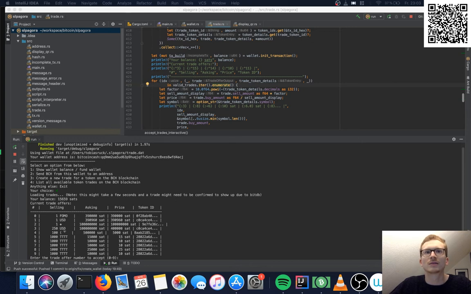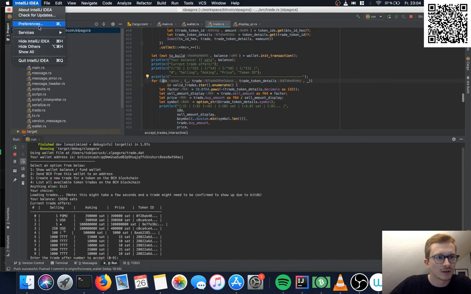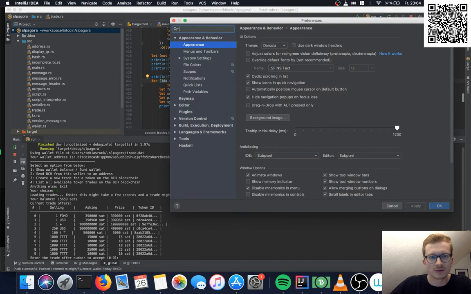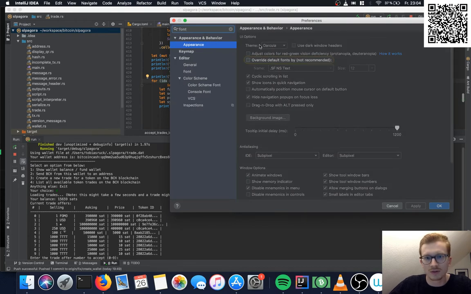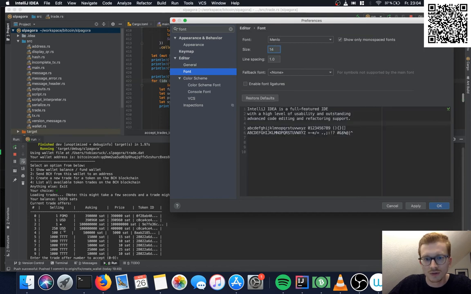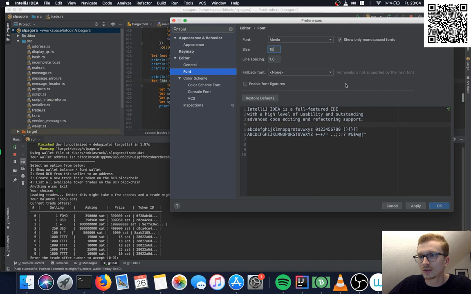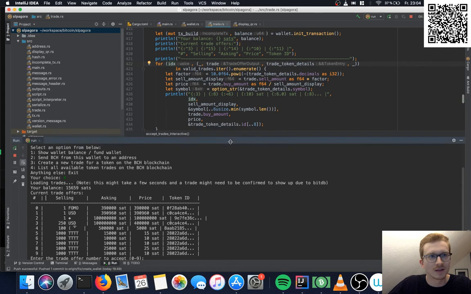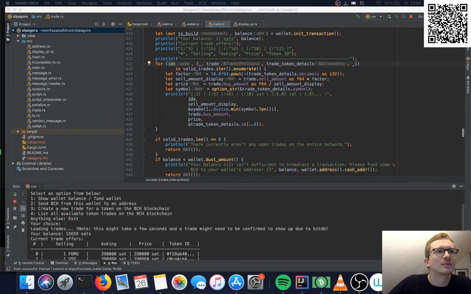Maybe I can make the font a bit larger. Let me just do that real quick. Preferences. Font. Let's change it to 415. You good? Okay, perfect. So, and let me start that donation bot I wrote last time. All right. Looking good, sounding good. Awesome. Quality is what we care about.